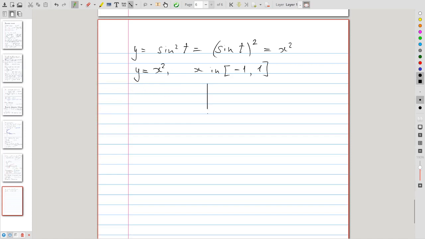We have a system of coordinates, and say these are the plus minus 1. And then the parabola looks like so. What our particle, the particle that corresponds to this parametric equation, does is it runs back and forth along this piece of parabola. So as t is increasing,